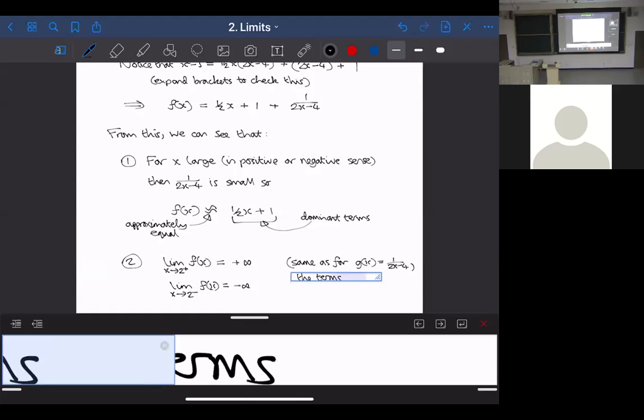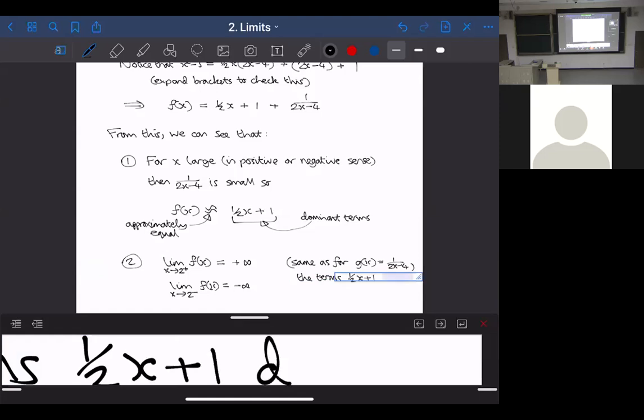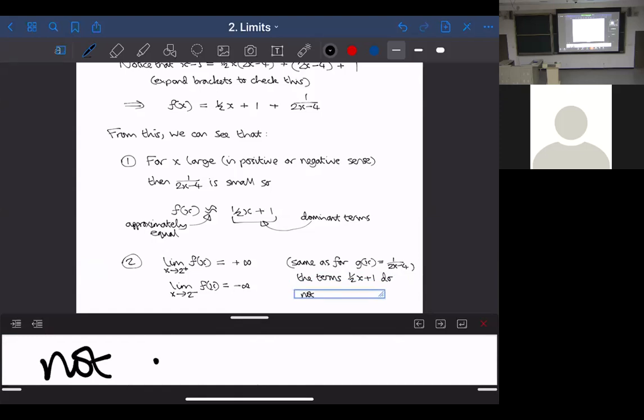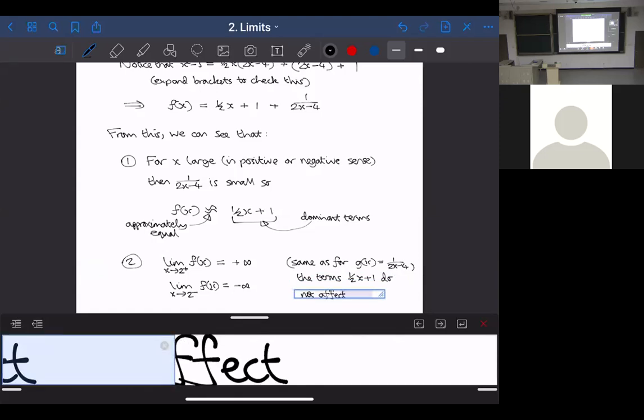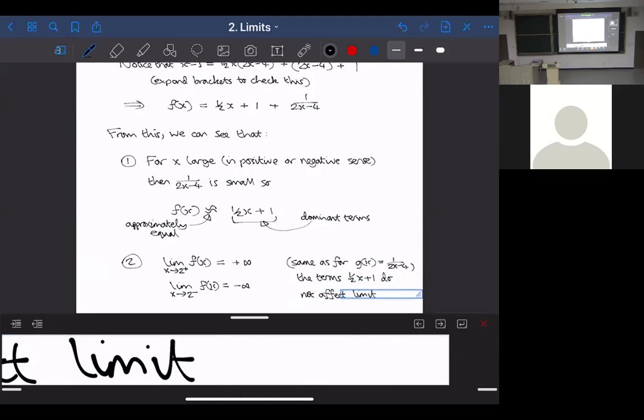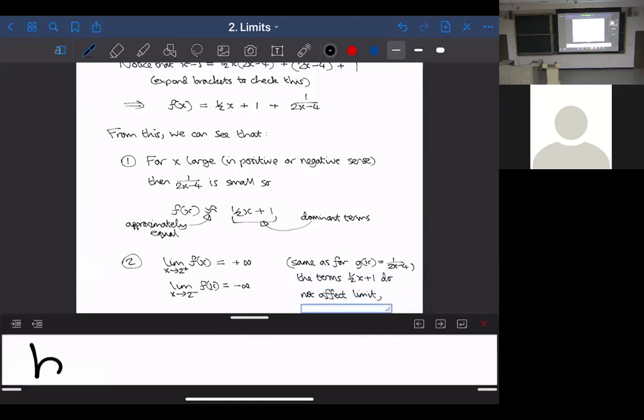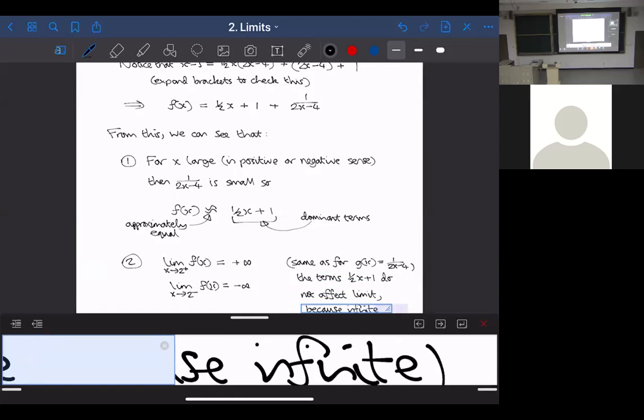The terms half x plus 1 do not affect the limit because it is infinite. So I hope that makes sense intuitively, that if I have a function with an infinite limit and I just add, well, in this case, a term that is approximately 2, if x is close to 2, this term half x plus 1 is approximately 2. That's not going to make a difference to the infinite limit. Okay, and so